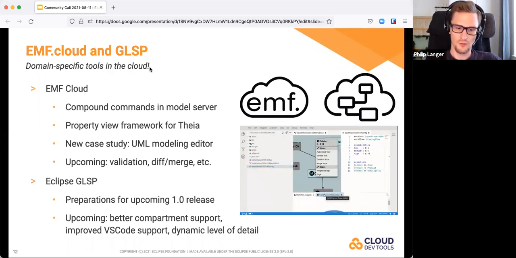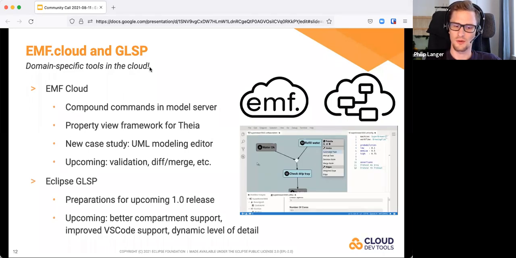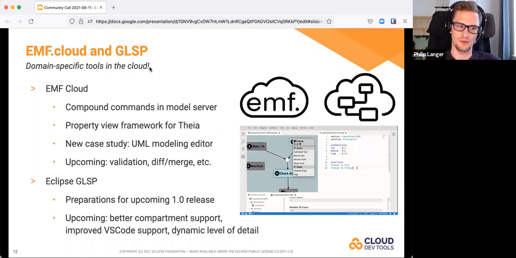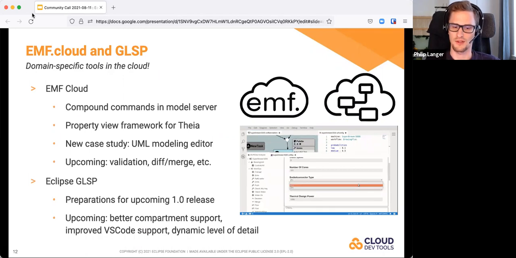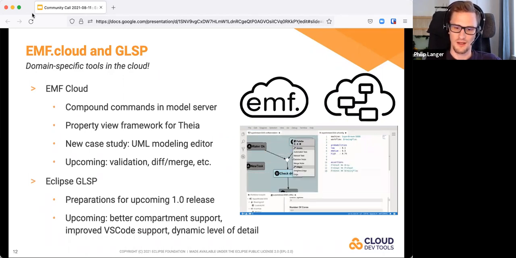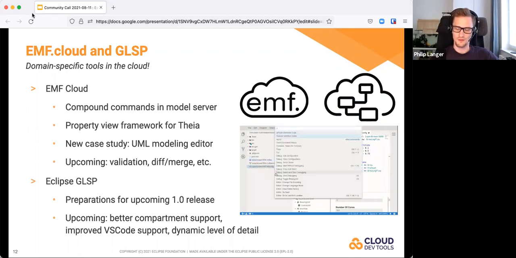We did a lot of work on the VS Code support recently, which is about to be published as a PR. So that will then also involve things like menu integration. We already have integrated undo redo support and copy paste support and all this stuff in the VS Code platform, but it will go even beyond that, so that it's as native as possible if you integrate GLSP diagram editors in VS Code.